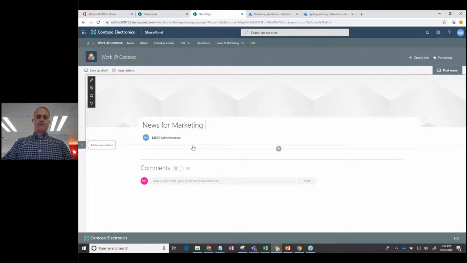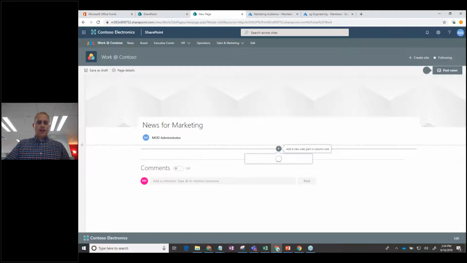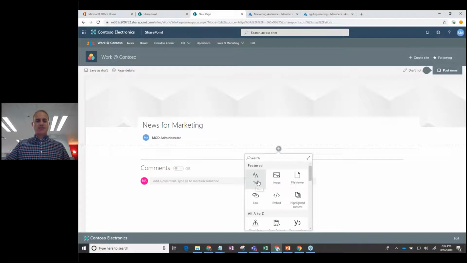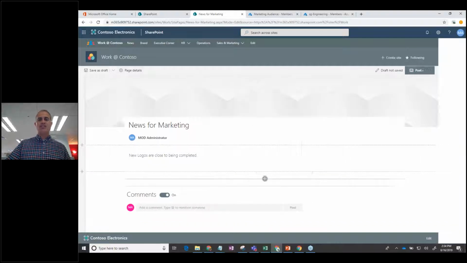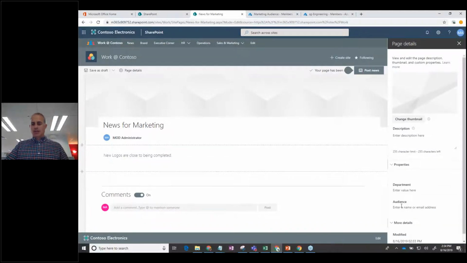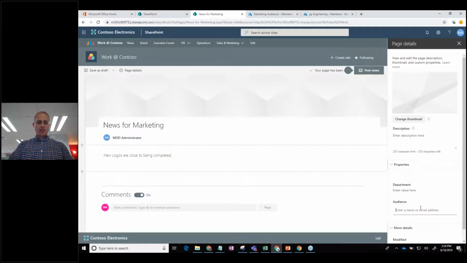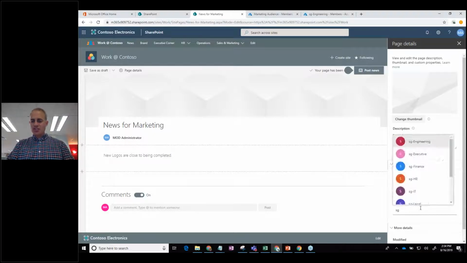Great. Okay, we'll add some text in here. New logos are close to being completed. Okay, that looks awesome. But now I go to page details. Notice I'm in edit mode. I have this audience field right here, and I love that. It's really neat. So now I can say, well, I need a security group, and our naming convention here is SG,